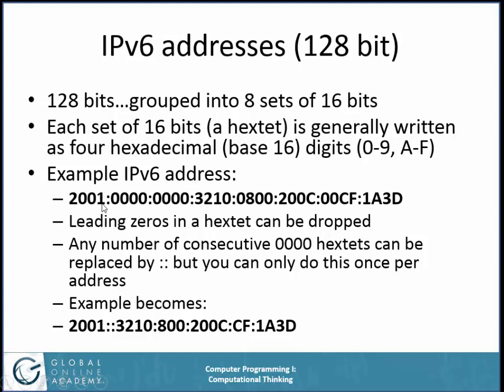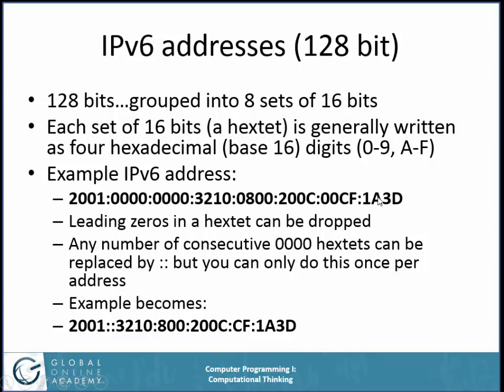Let's just look at this first hextet. The ones place, the 16s place, the 16 squared, or 256 place, the 16 cubed, that would be 4,096. I can work it out in my head, but it doesn't matter. We don't have to. 2001. Hexadecimal digit, hexadecimal digit, hexadecimal digit, hexadecimal digit. You notice when I go through here, sometimes I get letters instead of numbers. This is how you write an